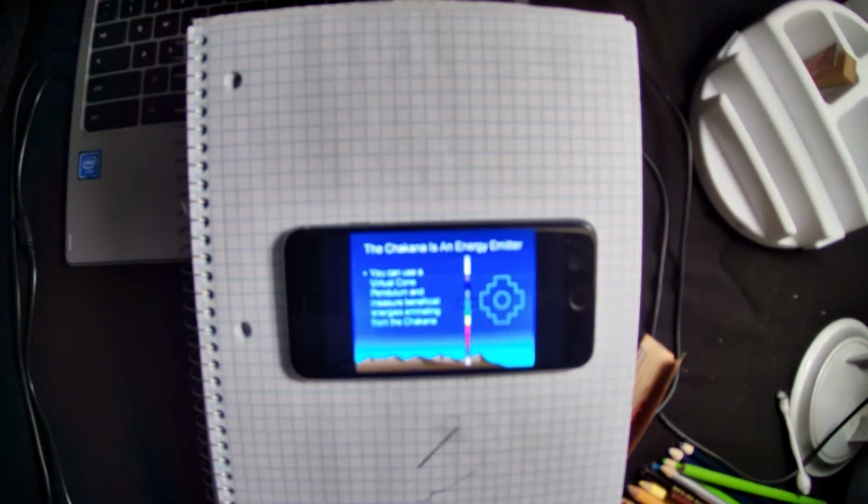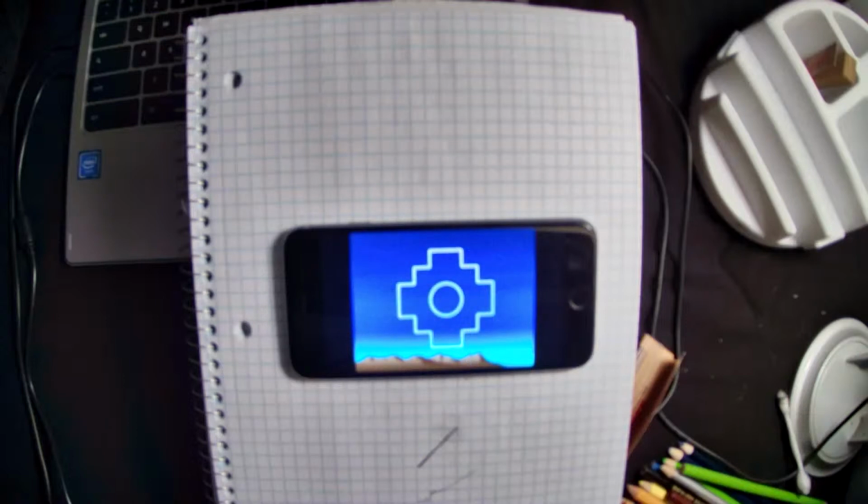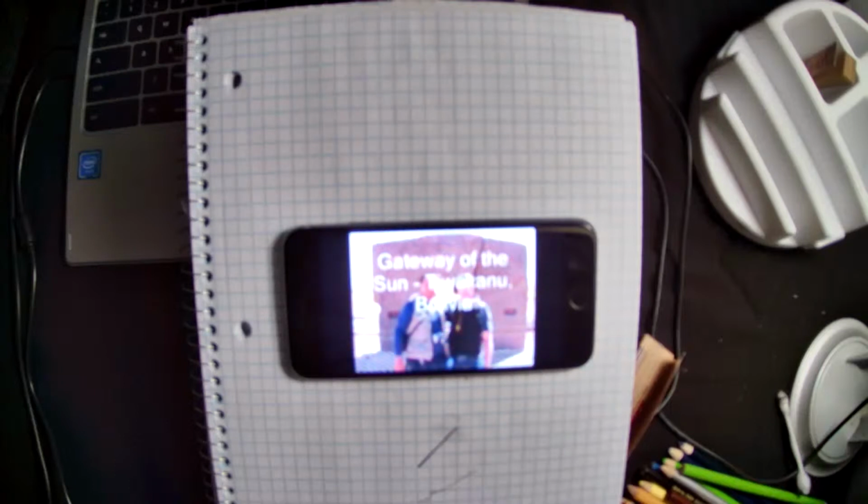With a pendulum, you can measure beneficial energies coming out of the Chakana from that circle in the middle. So the Chakana is really a very complex symbol. Now, I said that the Chakana functions as a bridge, a library, a portal. In Andean culture, these types of concepts about portals and doorways are all over the place, from the Muro doorway at Lake Titicaca to the Gateway of the Sun in Tiwanaku, Bolivia. They're all throughout the region.